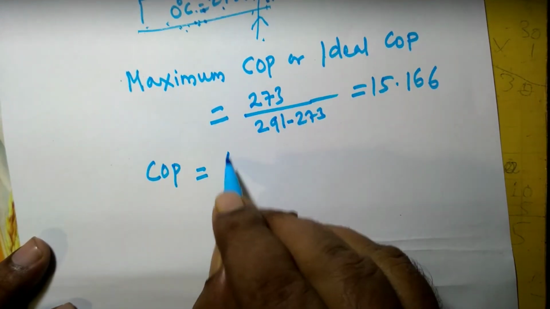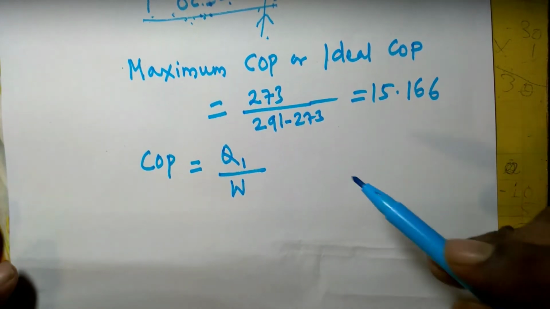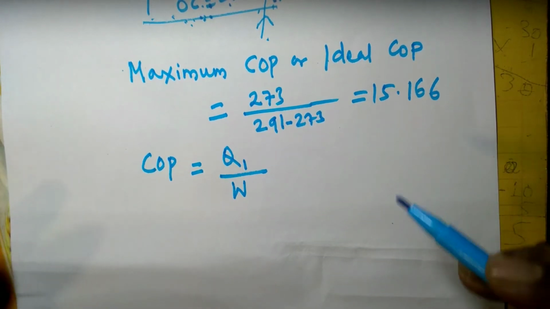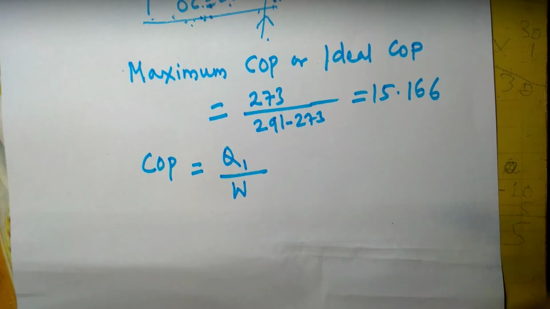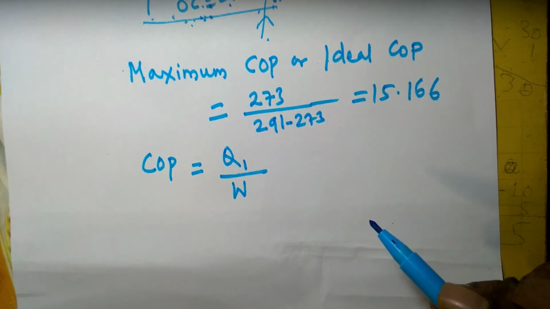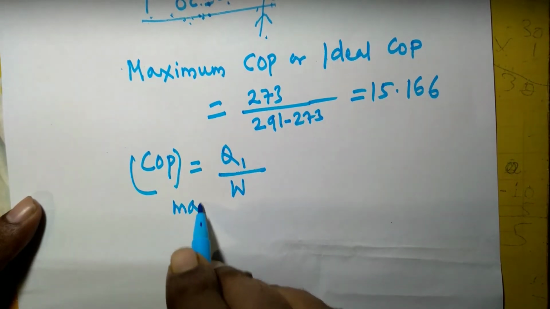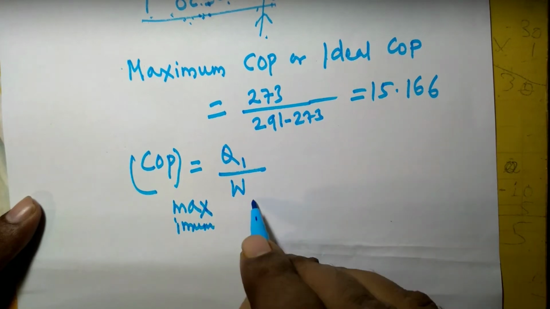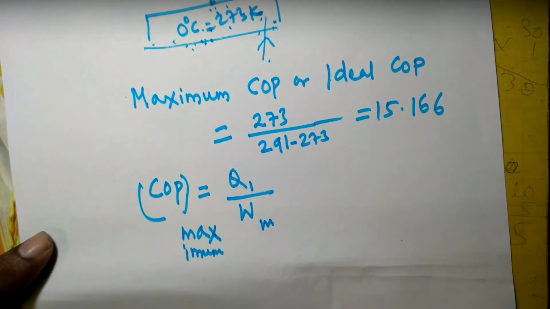So Q1 by W, COP of any refrigerator. But in this particular case, since minimum work is required to be found out, and minimum work input is required when the COP is maximum, so I can say COP maximum is possible only when, for the given heat removal, because we have to produce 1 ton of ice,